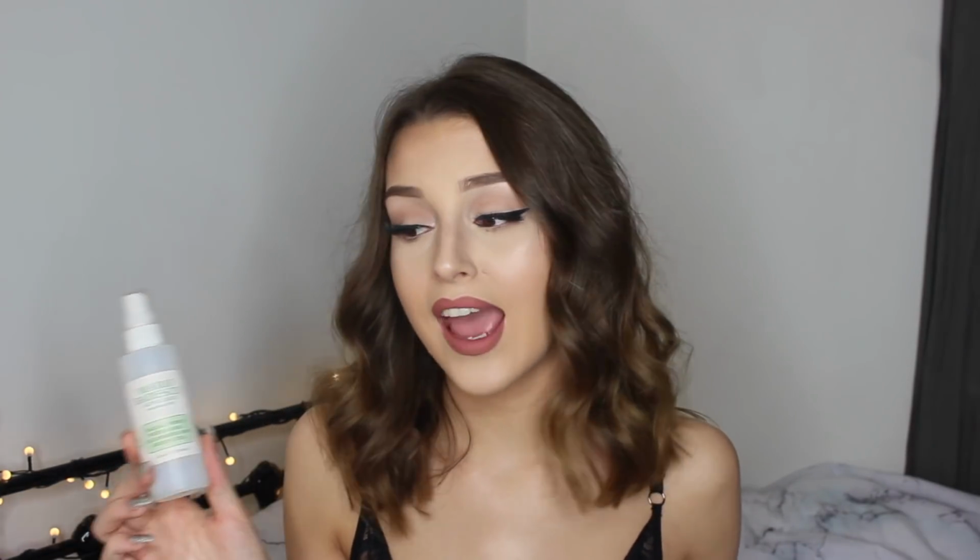It also smells amazing and it has so many other uses. I love to use it in the morning to wake myself up and refresh my face. I love to use it in my skincare routine because at the end of the day it is a facial spray and it's supposed to, you know, hydrate your skin and regenerate your skin, and I love using this when I get out of the shower. It just has so many uses, and I really recommend this if you just love a facial spray,